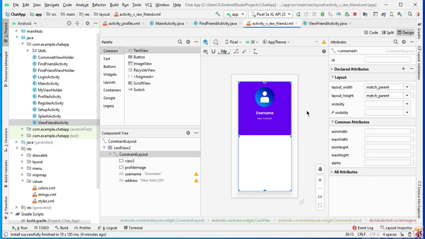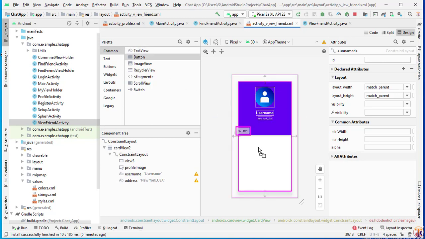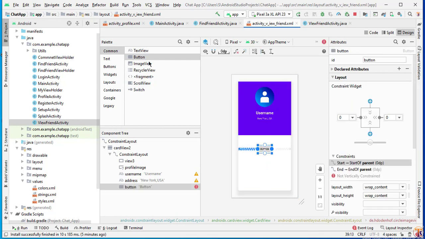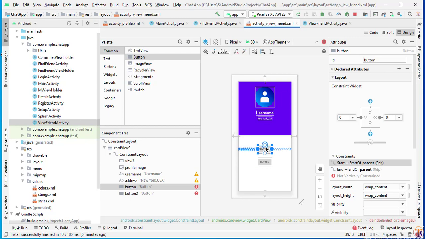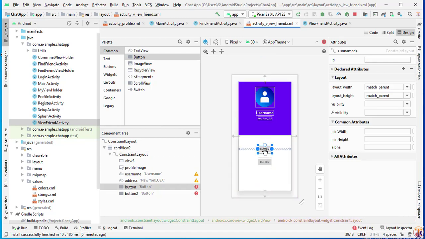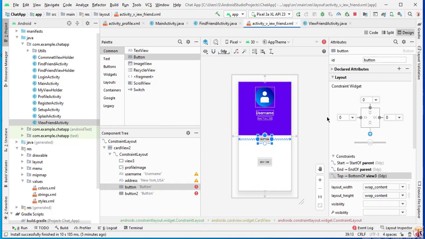Okay, it's good. Okay, now we will add two buttons. So I will drag two buttons here. Okay, now select first button and add the constraint from top. And add a margin from top 24 dp and change it into match parent.